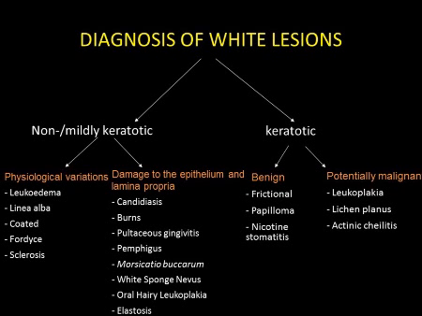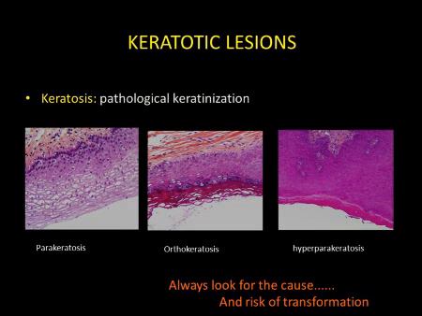White lesions of the oral mucosa may represent non-keratinized lesions or may indicate the presence of pathological keratotic lesions. Benign oral keratotic lesions are distinguished from oral keratotic lesions that are actually or potentially malignant. Keratotic lesions are pathological lesions in the form of hyperparakeratosis or orthokeratosis. We have seen that some mucous membranes are physiologically keratinized.